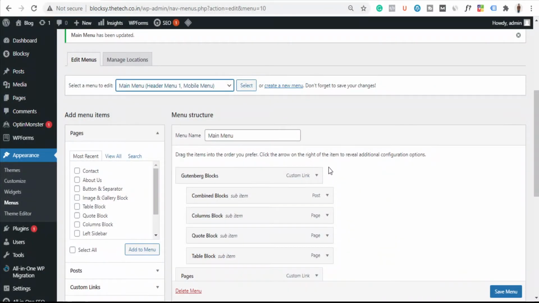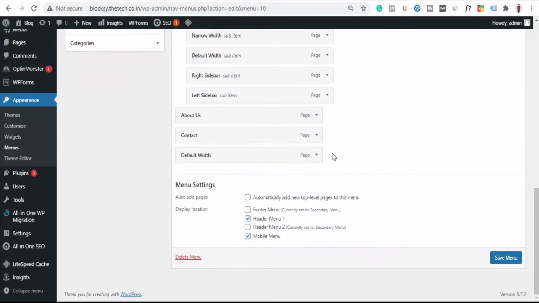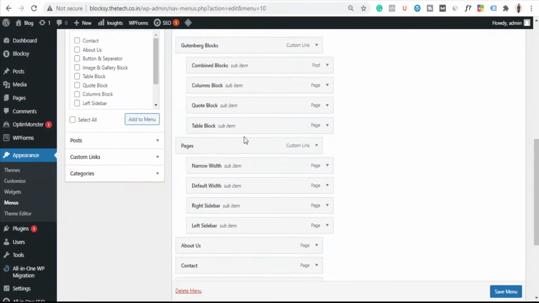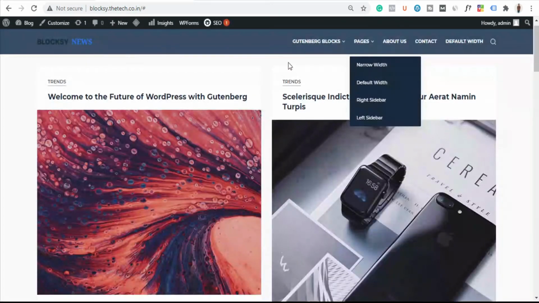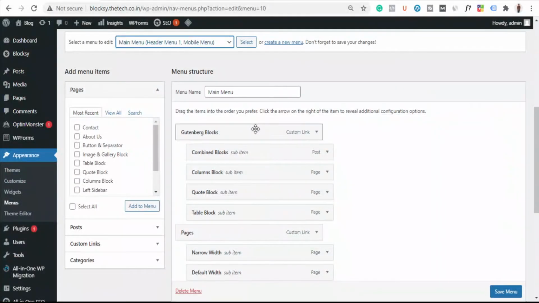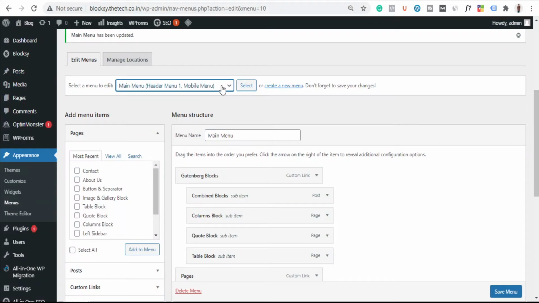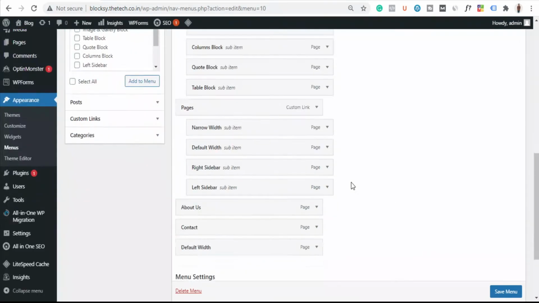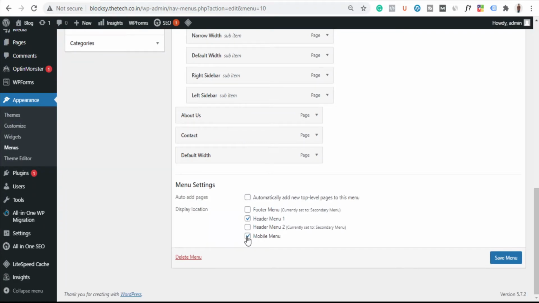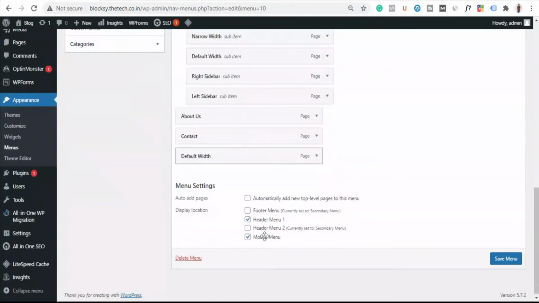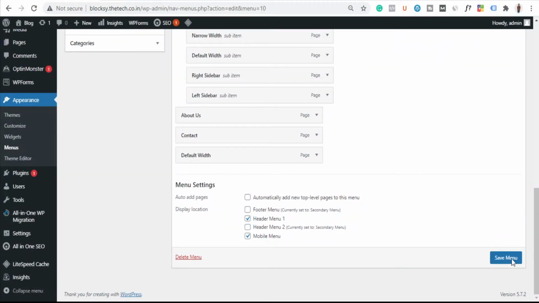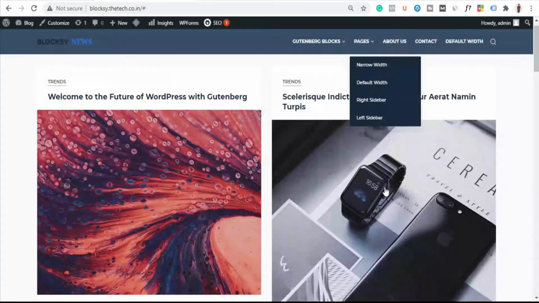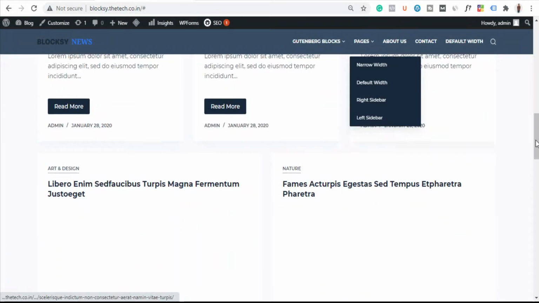Also I need to tell you one thing: after setting all this, you need to check this header menu option, so that all these sections or pages automatically come to the header part. Similarly, we have one more option, the secondary menu. After creating the footer menu, you need to go down and check this footer menu option. If I choose this one, it will automatically come checked, and then you have to save it so that the footer menu automatically comes below.